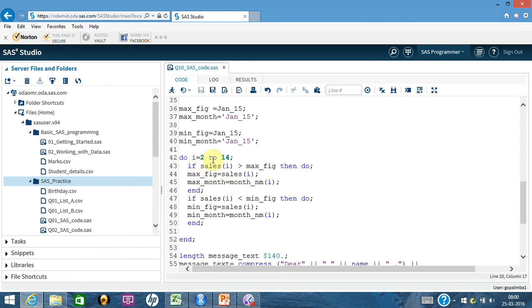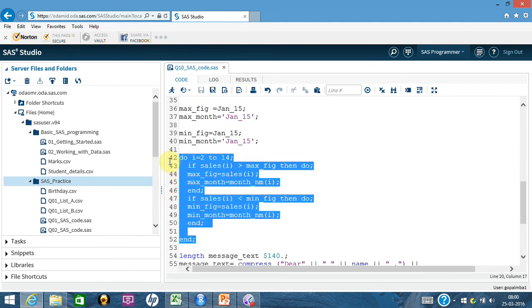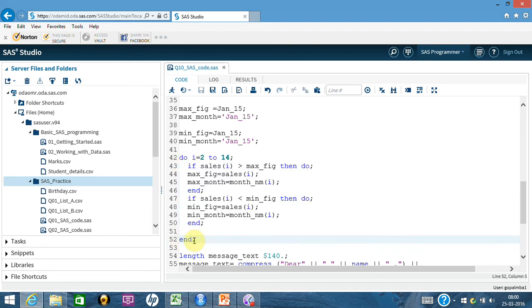Now for 2 to 14, for all the rows, this is the do loop that you are running. In the do loop, I equals 2 to 14, and end means you are just saying this is the loop. You say if sales I, which the first time will be sales 2, is bigger than max fig, then do, and do and end here are like a bracket, which means if this condition is true, do it for both the rows.